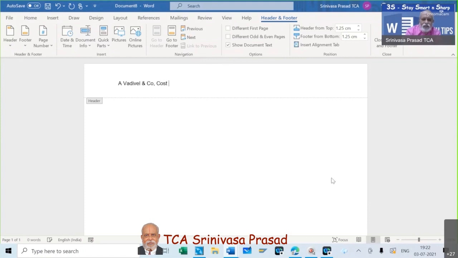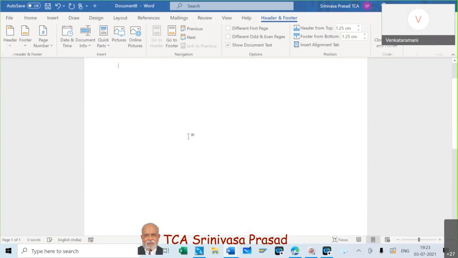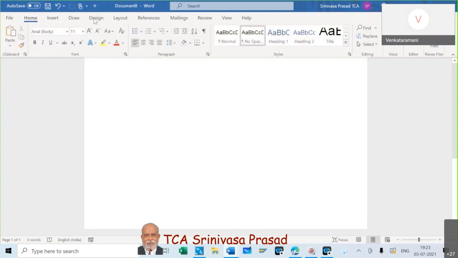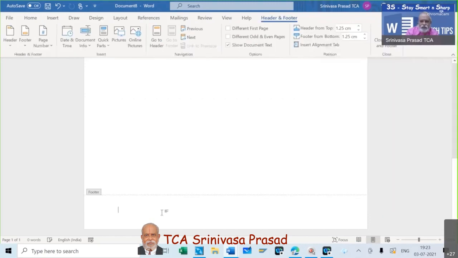See, don't worry about the formats. This may not be the exact format. So this is your header, and we will come to the footer. Now we will come to the footer portion. Again, we come to insert, footer, edit footer.